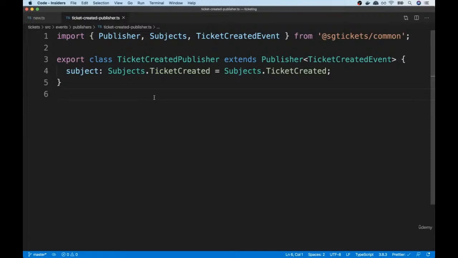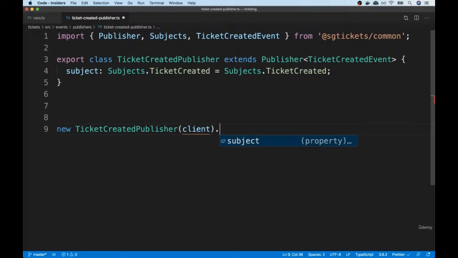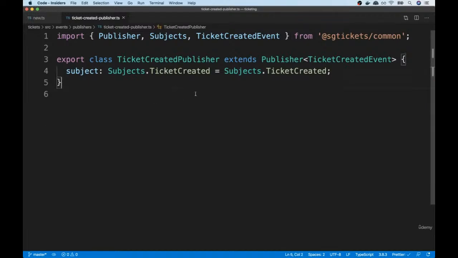So now we can save this. And now in theory, in some other file, we can import this publisher. We can create a new TicketCreatedPublisher, pass in our NATS client, and then publish some kind of ticket or something like that. All right, so let's take a quick pause right here. When we come back in the next video, we're going to figure out how to